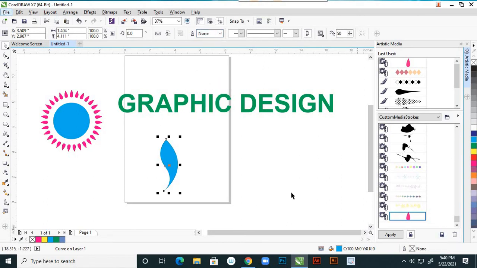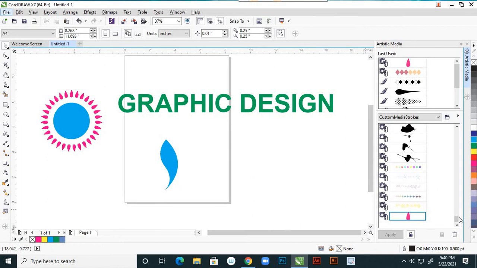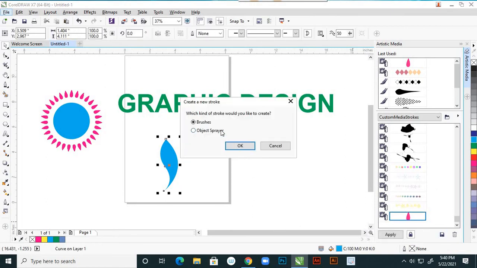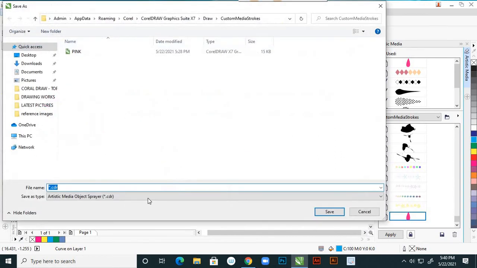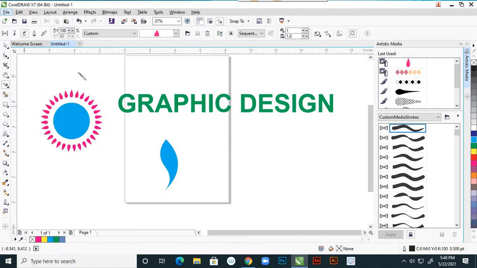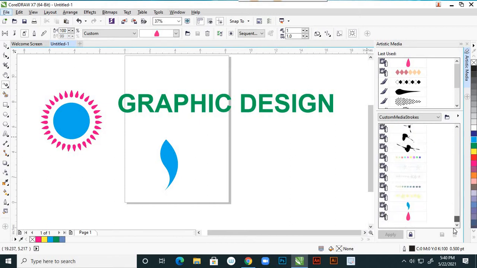This you can save here, as a sprayer. Suppose my save. Now it is added into that list. Yes, this is right.